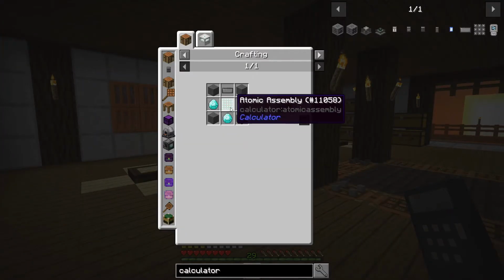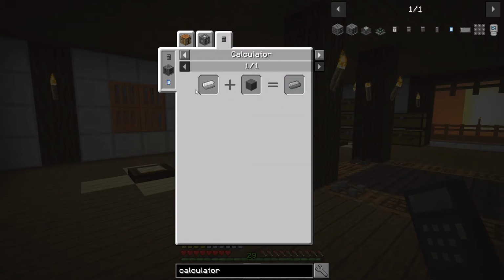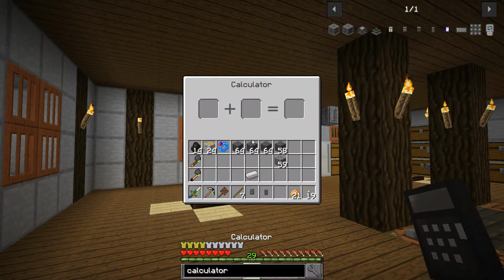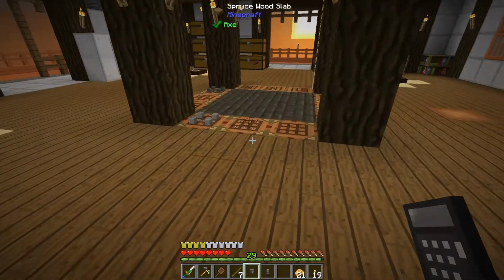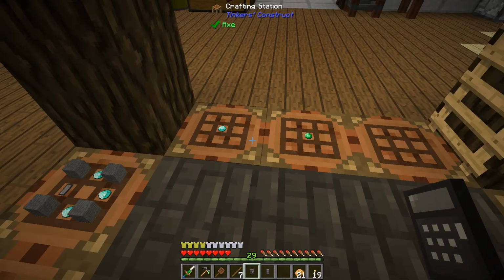Let's check which calculator that needs. Whoops, wrong one. This one here. Reinforced, that is okay, regular calculator, iron plus reinforced stone. And I only need 1 of those because it makes 4 when the recipe is complete. So I'm coming over to...